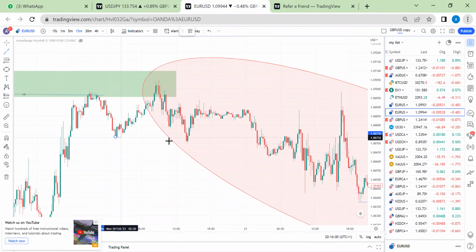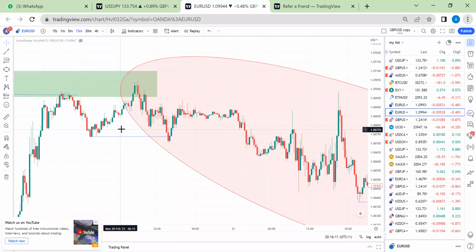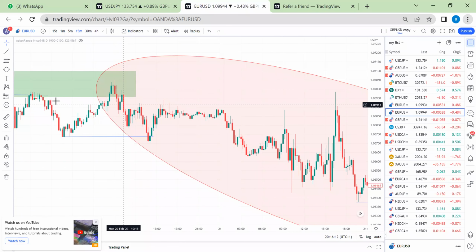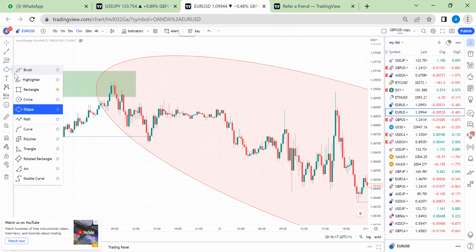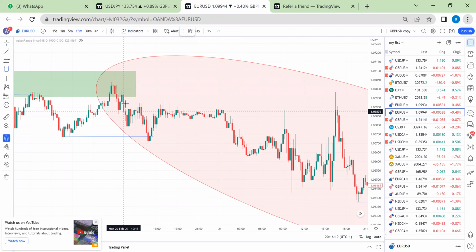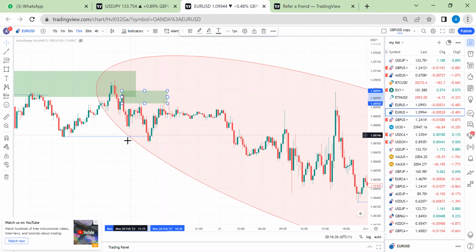We have our change of character from this point because it's the last higher high we had. Okay, so this is our last change of character. And you see that we have an order block around here. We have this order block here, right? And as you can see, price used this point as